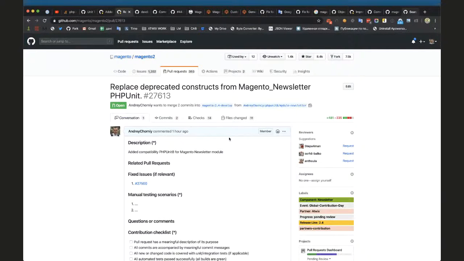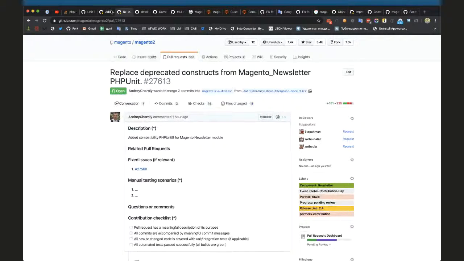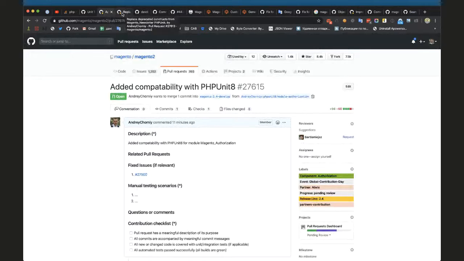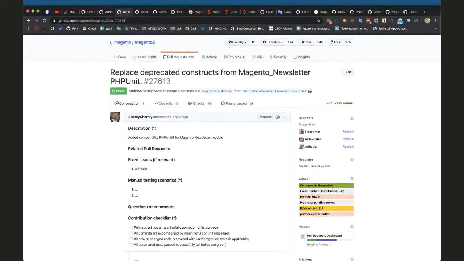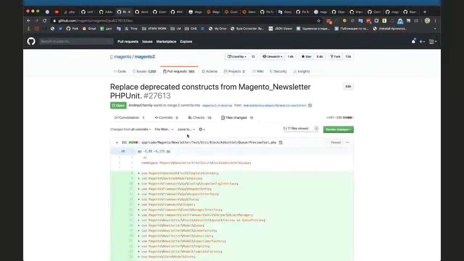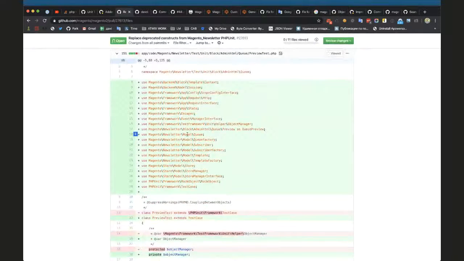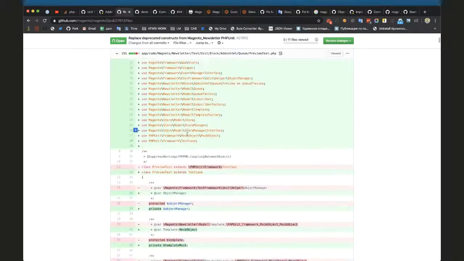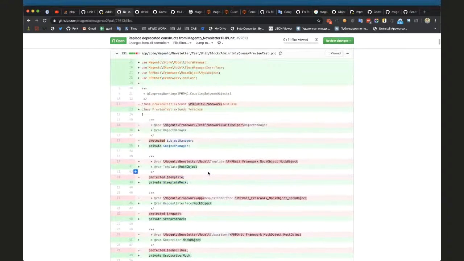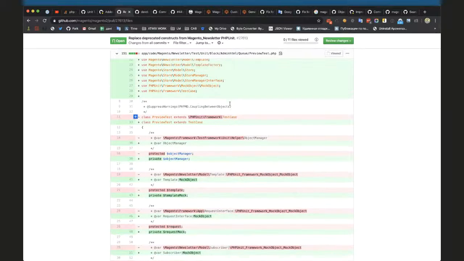Okay, so I have created two pull requests for added compatibility with PHPUnit 8. Let's start from the Magento newsletter extension. This is a huge extension, and mostly the changes look like this. So I have injected